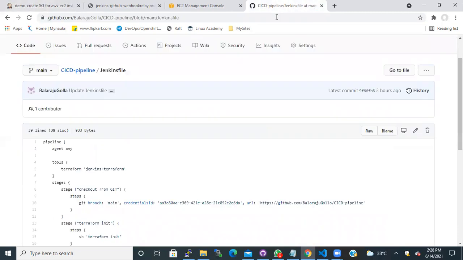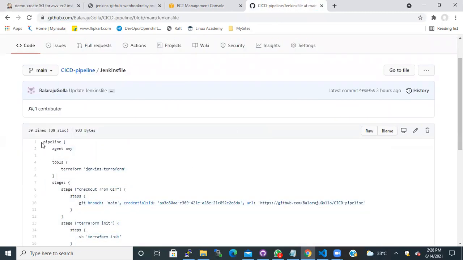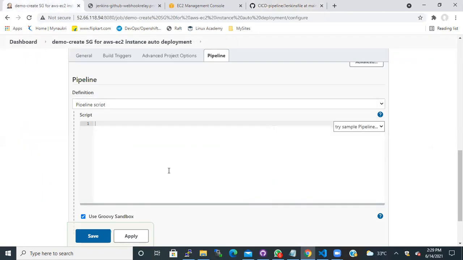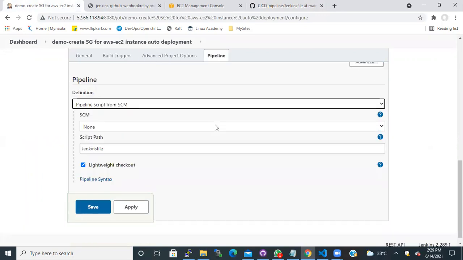If you don't have the pipeline script, you can copy the entire script and paste it here in the script box. In this case, we already have a script in a file, so we need to choose pipeline script from SCM. The name itself clearly says that I'm using the pipeline script from the SCM.